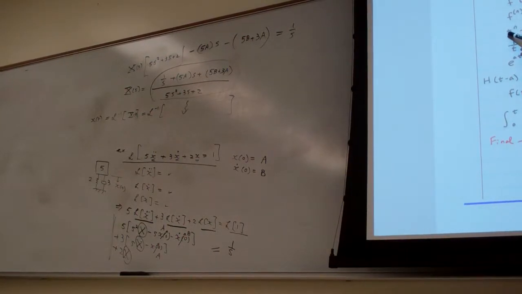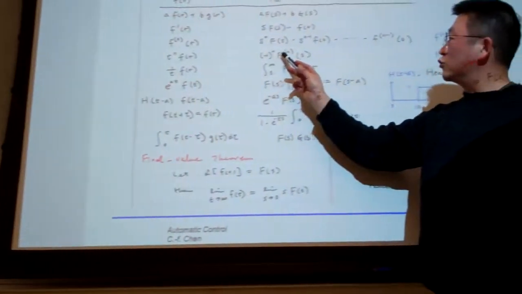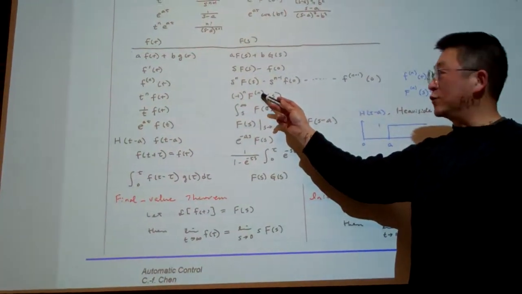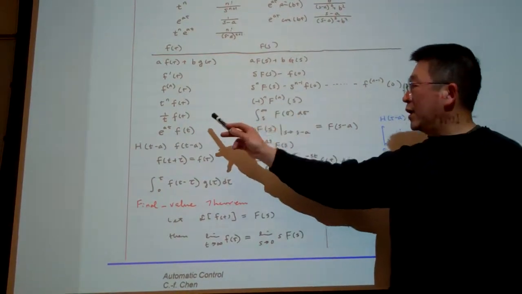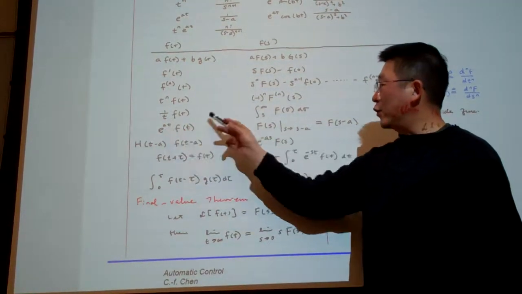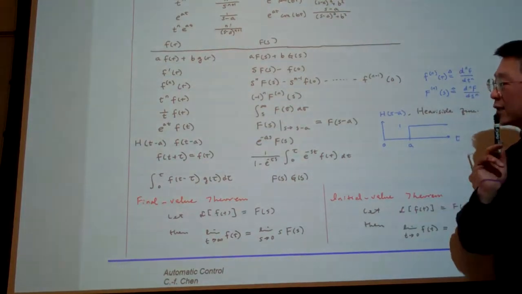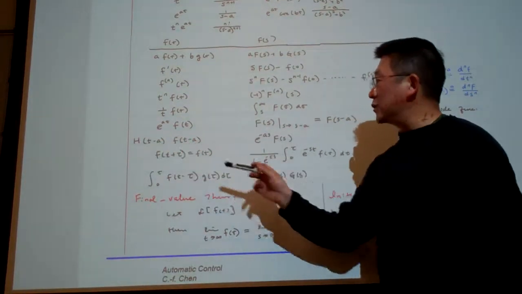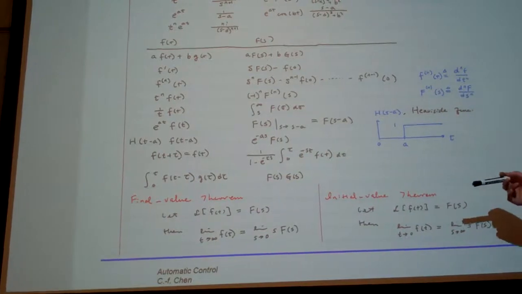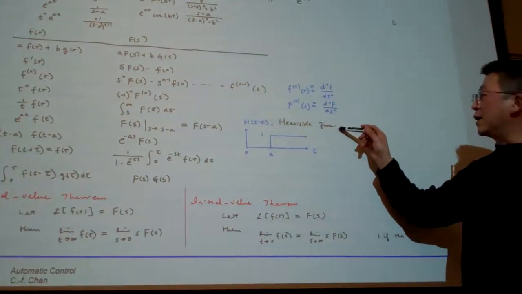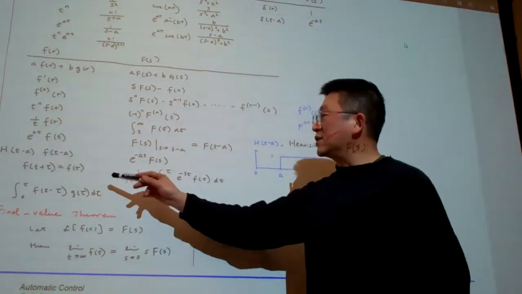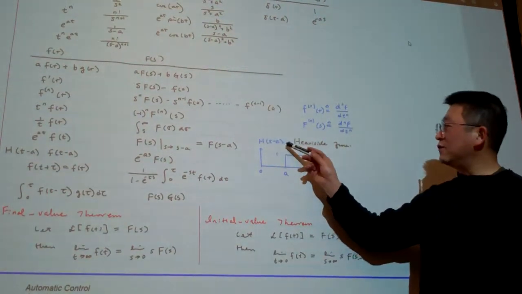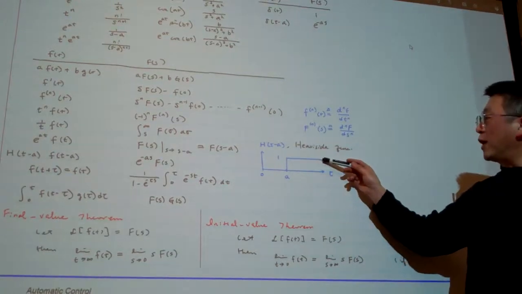So the multiplication of t to the n power corresponds to taking the derivative in the S domain, and if we take the exponent, we have those things. And now for this one, what is h? H is the particular function we call the Heaviside function. Again, you can see this function is equal to 1